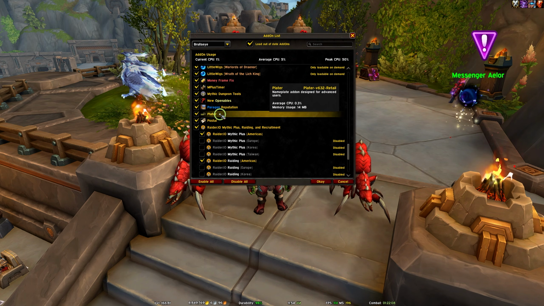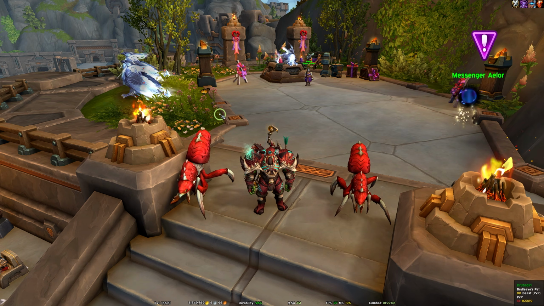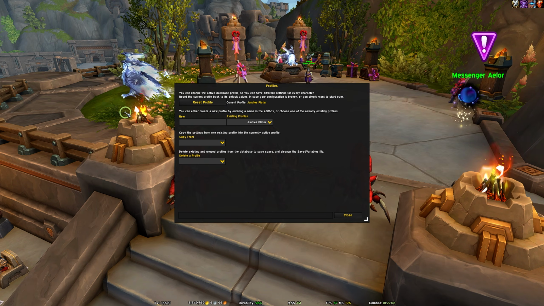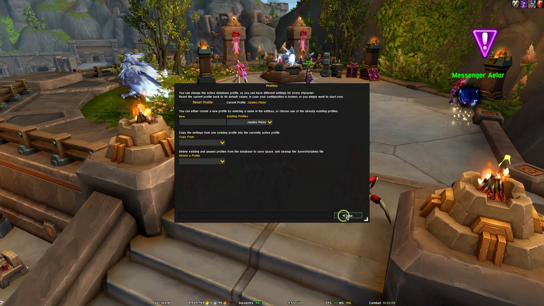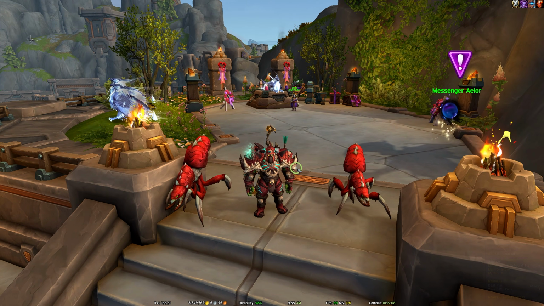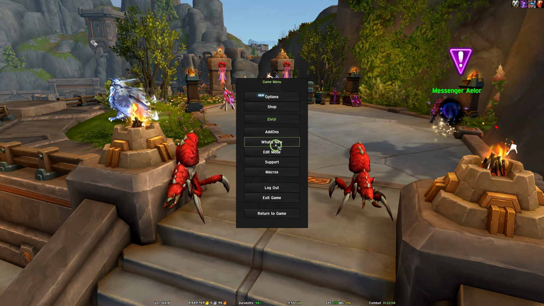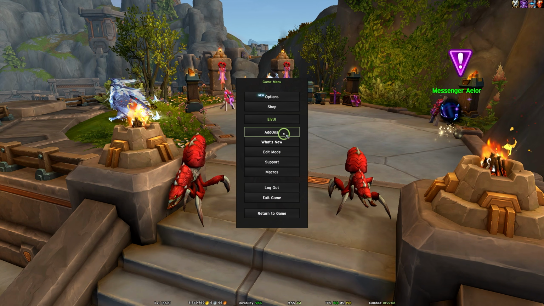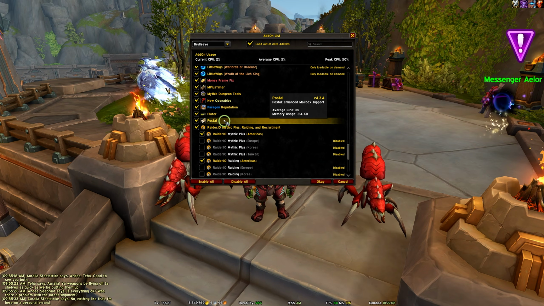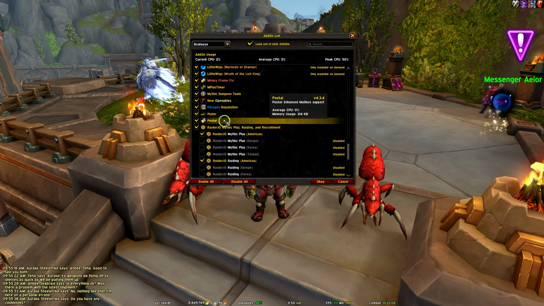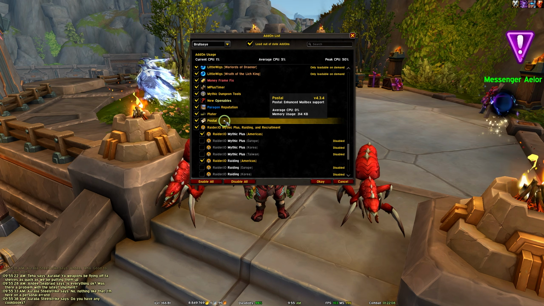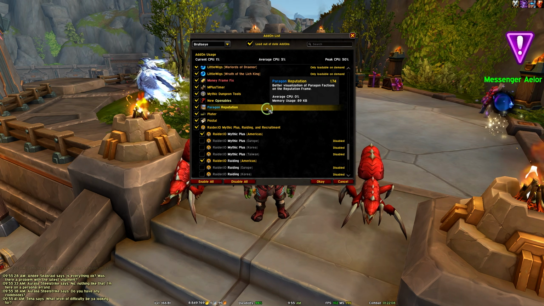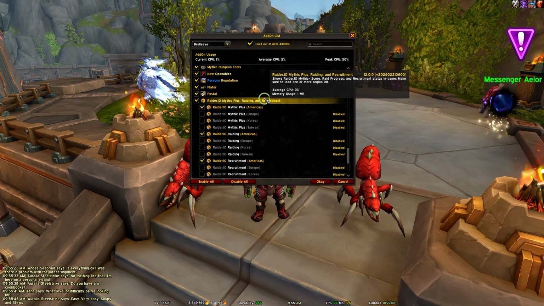Plater, again, we all know what Plater is. I specifically use the Jundies profile. I'll link that down below as well, but Jundies profile is what I use. I'm not going to spend any time talking about Plater. It's a fantastic nameplate add-on. I know Platynator is out there as well. Use whatever makes you happy. Postal's fun. Whenever you get a piece of mail, you can just instantly delete it from your inbox. Just makes the inbox easier to interact with, and yeah, there's nothing more to say about that.